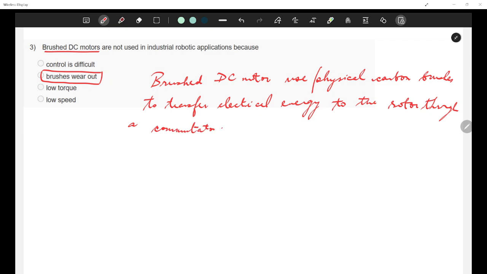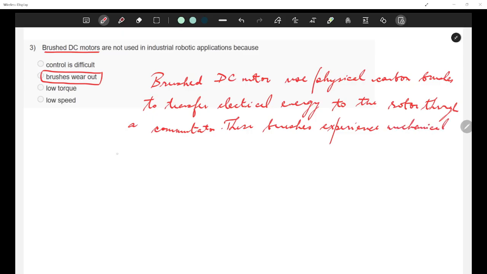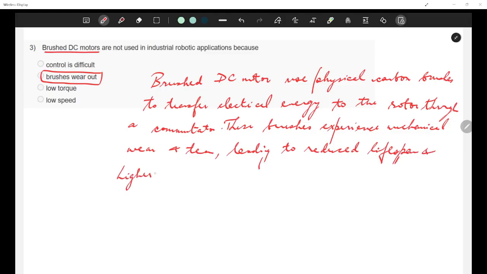Okay, these brushes experience mechanical wear and tear, leading to reduced lifespan and higher maintenance cost.